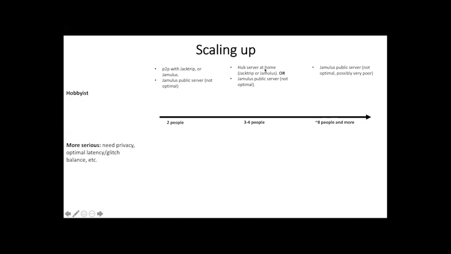Finally, when you get up to 8 people or more, I guess you still could try this hub server thing, but as Doug discusses, there's every chance that your hub server, because it's based in a private property, will be not very close to a highway of the internet, and you'll have these latency issues that we discussed. So you might want to think about a Jamulus public server if you don't want to get any more invested or detailed. But again, because it's a public server, you don't have privacy. The location is probably not going to be optimal, and you might have very poor performance, especially with that many people. You might not even be able to get all of you on the server at the same time if it's busy.